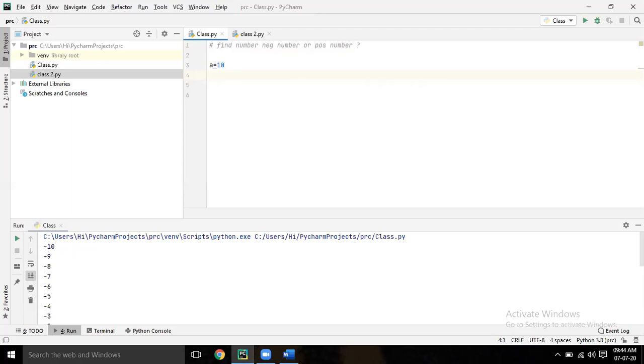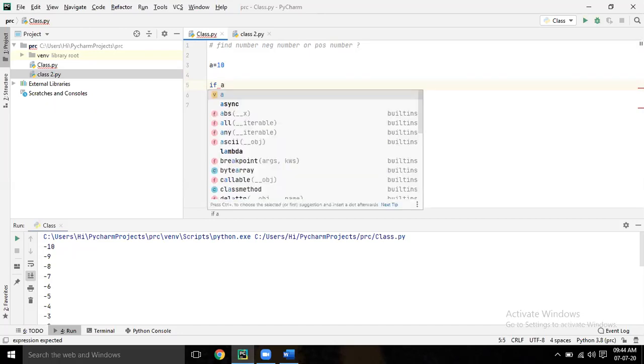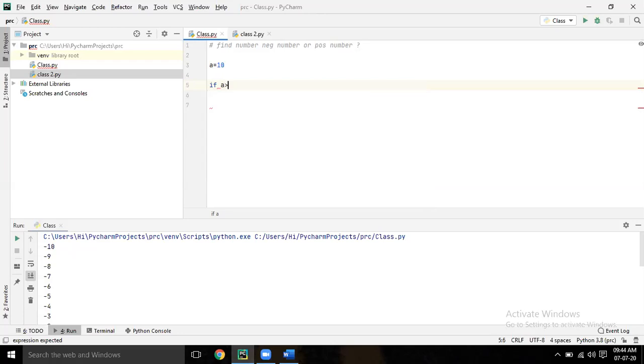We need to check. If A is greater than 0, positive, else negative, right? Yes, sir. That's it. Print A is positive, else negative. That's it.